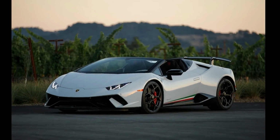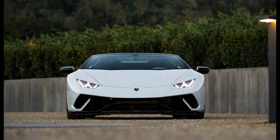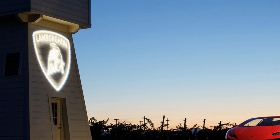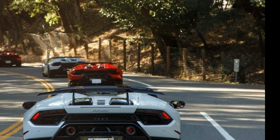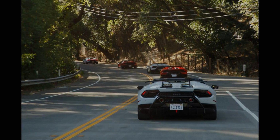Not just a straight-line fiend, the Huracan Performante Spyder retains the coupe's ability to bend the countryside to its will. This time, however, there's more landscape and soundscape to enjoy. When the intimate three-mode drive selector is in Strada, it has a profoundly mellowing effect on the exhaust loudness. In either Sport or Corsa, it's all manic all the time, and in Corsa, you'll need to pull the paddles